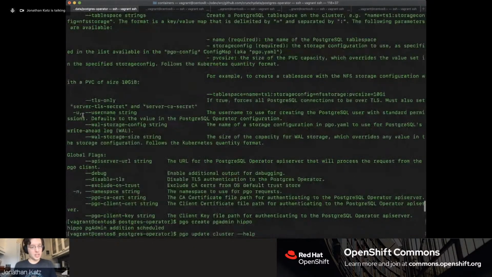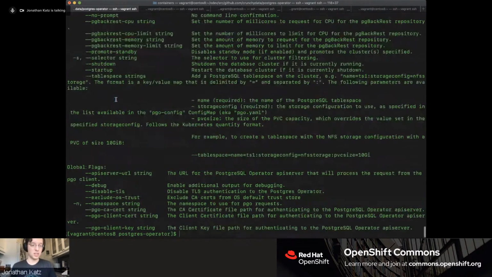We also support an easy way of setting up TLS connections. I probably only lightly touched upon this earlier. TLS, of course, is a very important part of encrypting communications and making sure people aren't eavesdropping. We try to make it as easy as possible. You just have to provide a key and cert pair, and you're good to go. You can also force all connections to be over TLS by using the TLS only option.